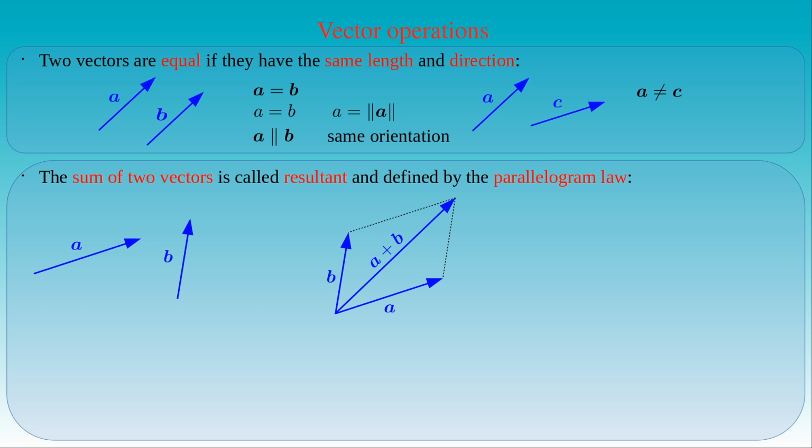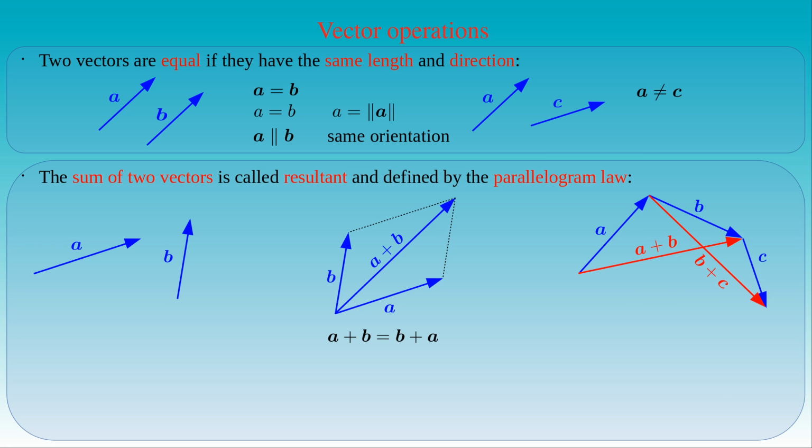By the construction of the parallelogram, we can see that the sum of two vectors is commutative. That is, A plus B is equal to B plus A, meaning the order of the vectors does not matter in this operation. We can also see that the sum of vectors is also associative. If we take the vector A and the vector B, where we translate the tail of B to the head of A, and the vector C, by translating its tail to the head of the previous vector, then we can construct the vector A plus B, and the vector B plus C.